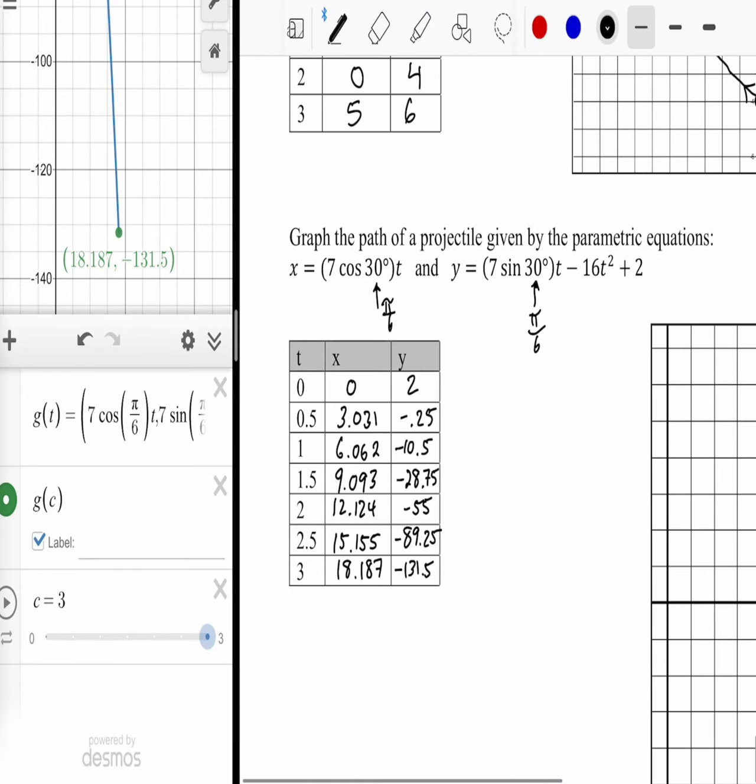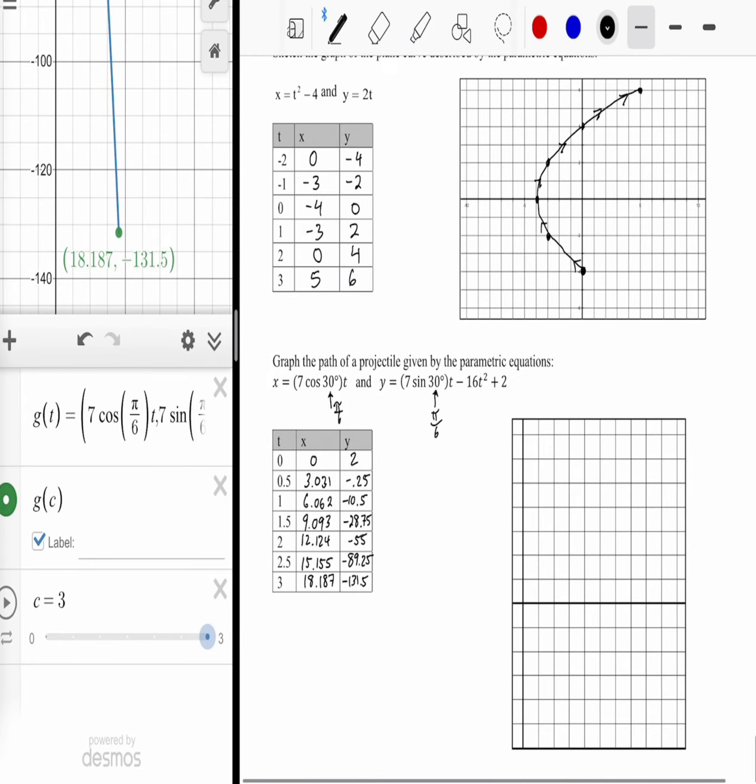All right, so to create a graph out of this,